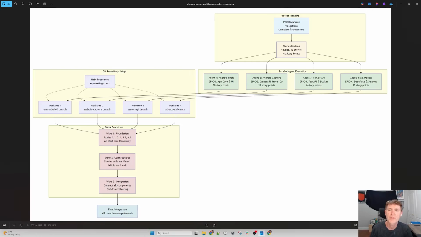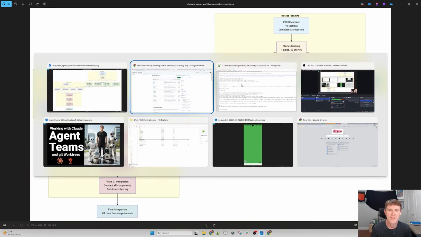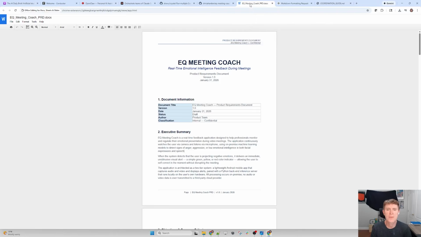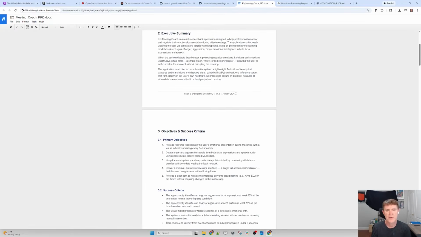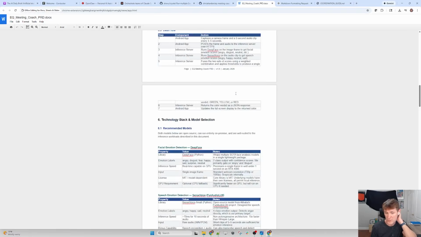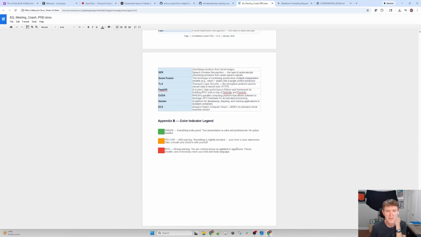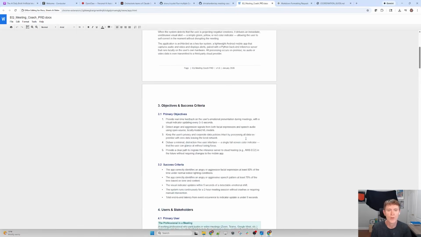They first come up with a really good product requirements document, and then break it into stories. And that's what we give to each one of these 4 agents that you see here in green. And so I'll show you what that looks like. Now I gave a prompt to Claude that said, this is what I'm trying to build, which is the application you guys saw. And so it actually wrote this product requirement document right here, which is really nice. And he went so far as actually to talk about the colors down here in the bottom so that the agents would know what to do.